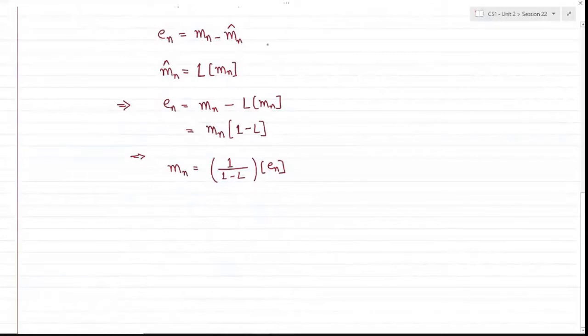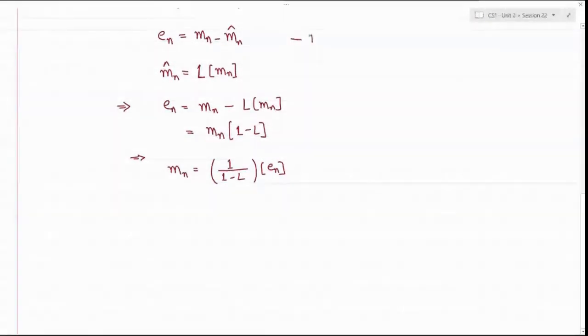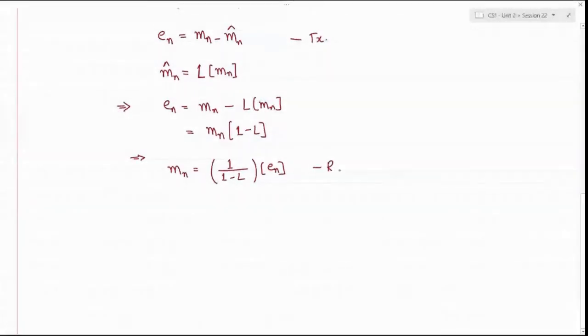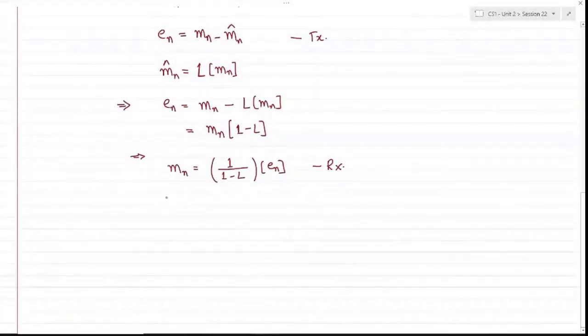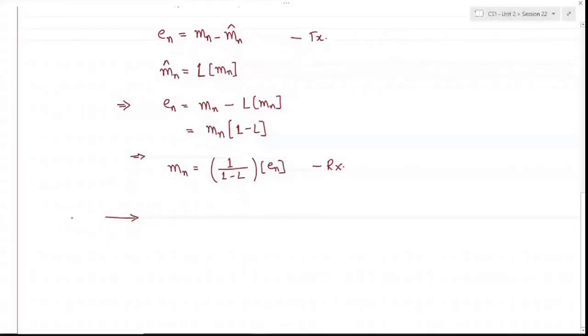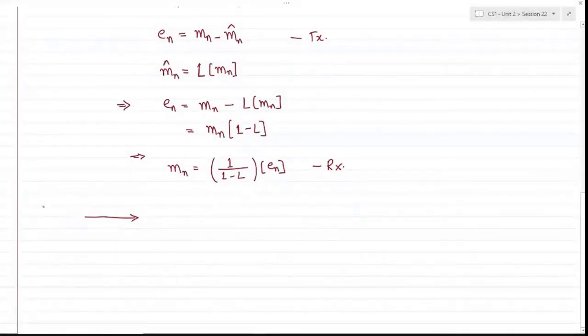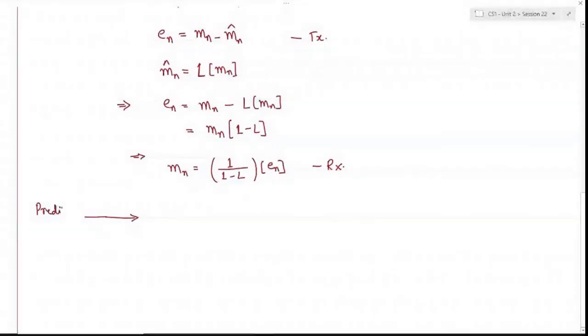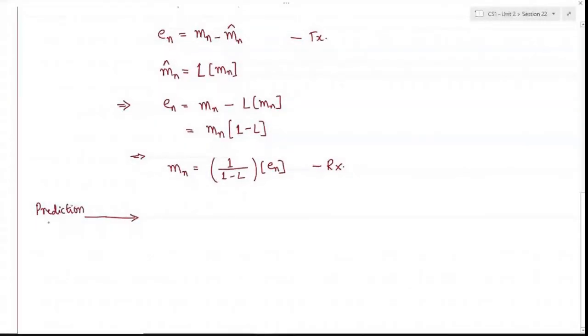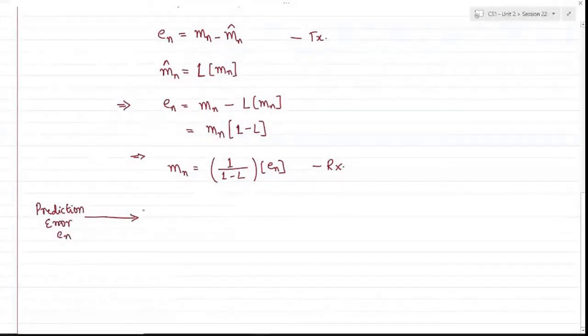So if this is the expression for the transmitter which generates the error, this would be the expression of the receiver which gets the original sample back. So accordingly, we can try to sketch the receiver block diagram. So this is your prediction error, which is En, okay,